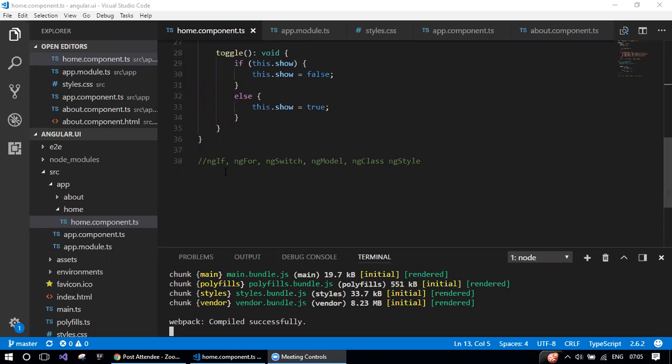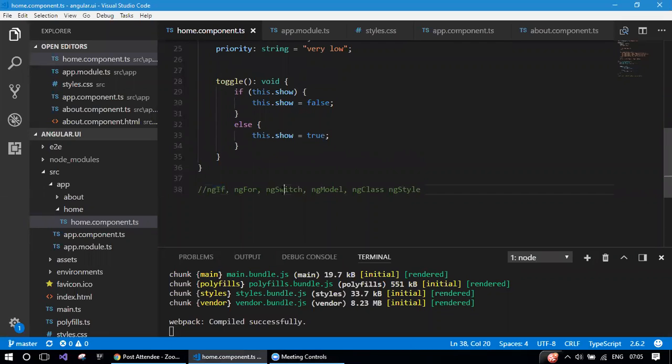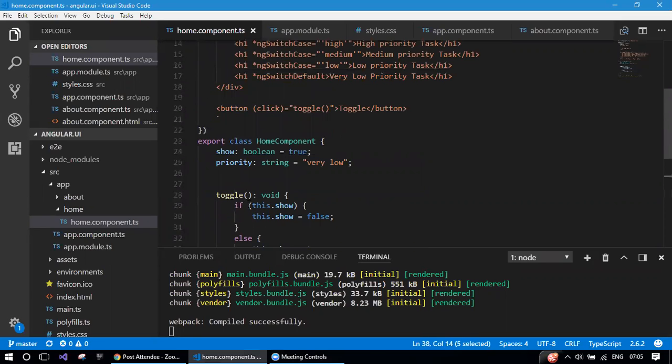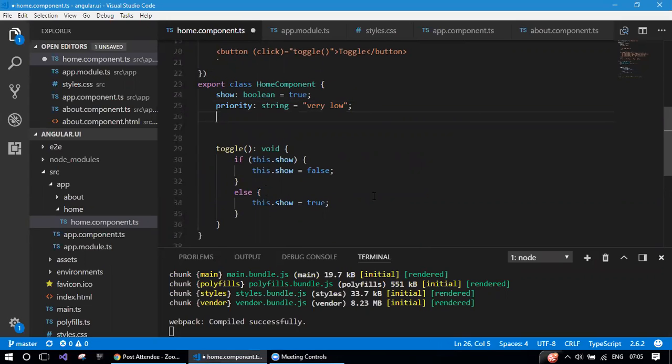Okay. So yesterday we have seen some of the directives such as ngIf, ngSwitch, and ngModel. Today we'll see ngFor. So if we have an array of numbers,